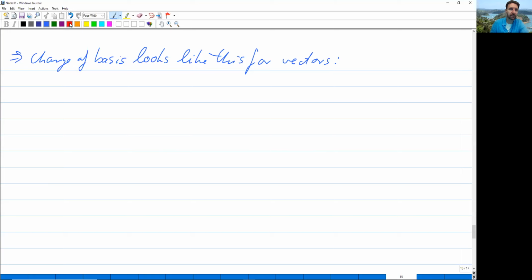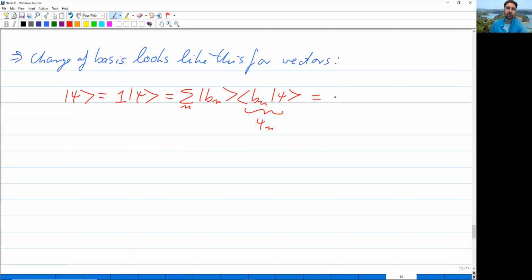Okay, so change of bases, how it looks for vectors. We have psi in a basis is 1 psi, and that's the last time I'm spelling it out in all detail, but this needs to be absolutely clear. So I'm doing this one more time here. Psi n, the wave function, is the sum over n of psi n and Bn. We use the trick of the resolution of the identity in the B basis here. But we can do the same thing with the resolution of the identity in the C basis. So now we have the sum over m, and then we have Cm,